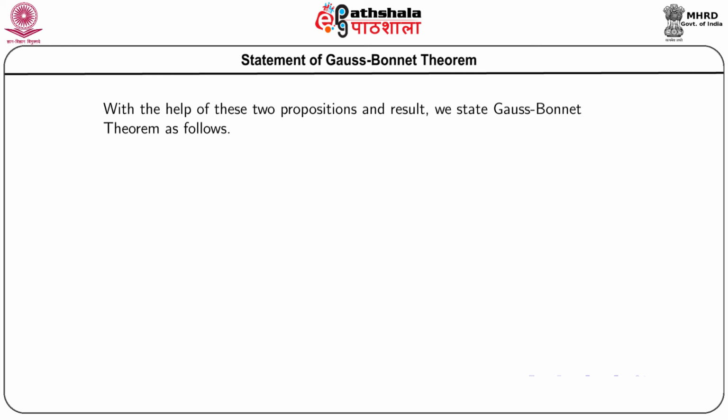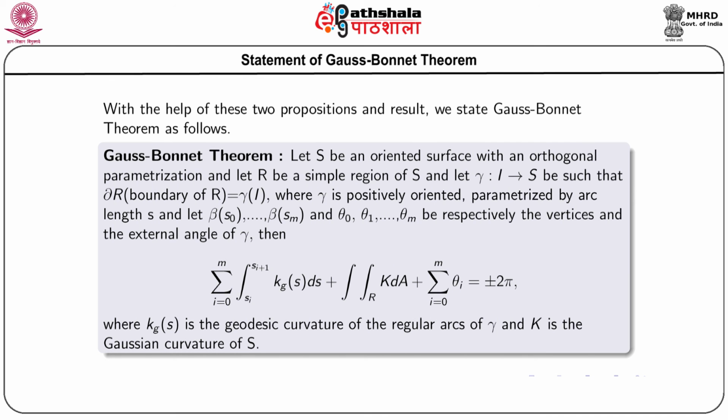So, with the help of these two propositions and the result obtained, we are in a position to state the Gauss-Bonnet theorem, and it follows like this: if S is an oriented surface with an orthogonal parametrization, that means the curvilinear coordinate system is considered orthogonal, and if R is a simple region of S, and let gamma be a curve such that del R is the boundary of R, that means gamma gives the boundary of the region R, where gamma is positively oriented, parameterized by arc length S,